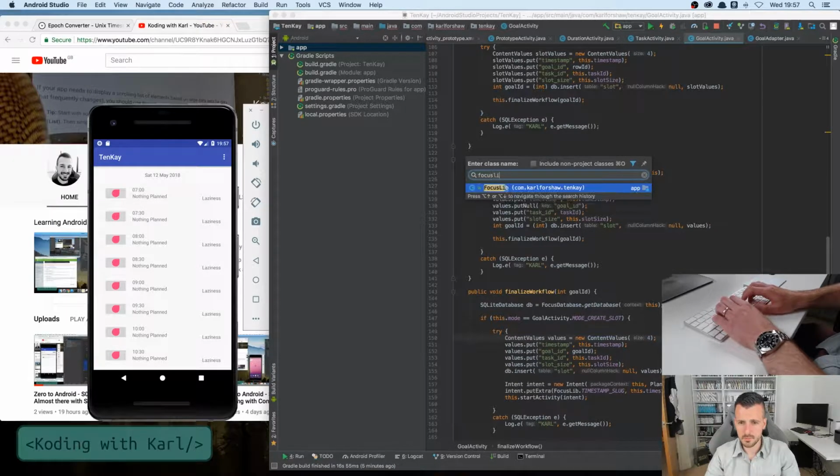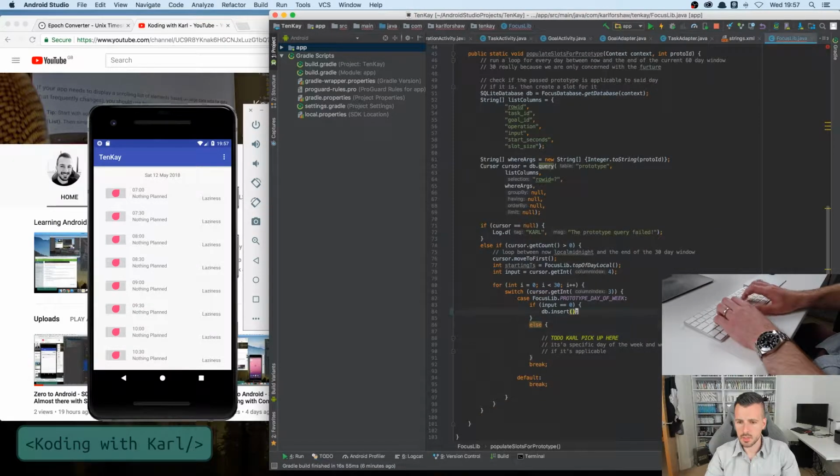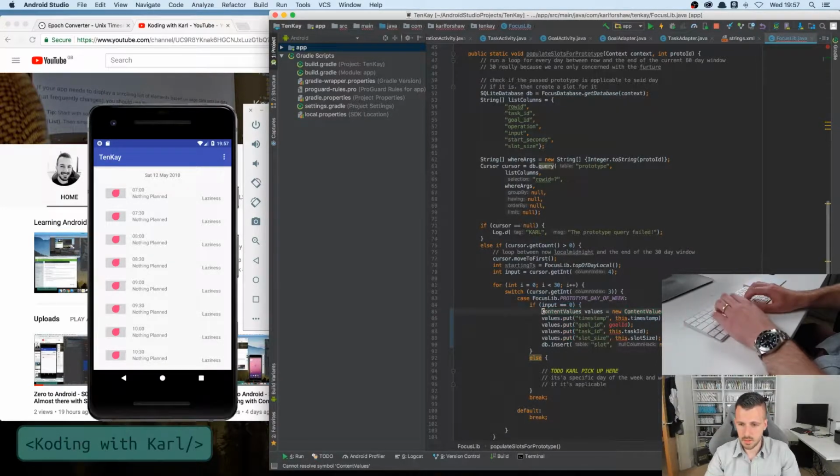Focus lib, and put it in here. So content values, we're going to need that. Size 4, timestamp, goal ID, task ID, and slot size. So what we need to do is